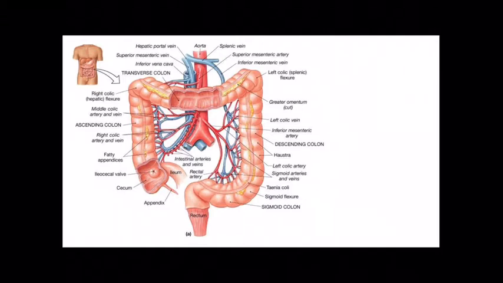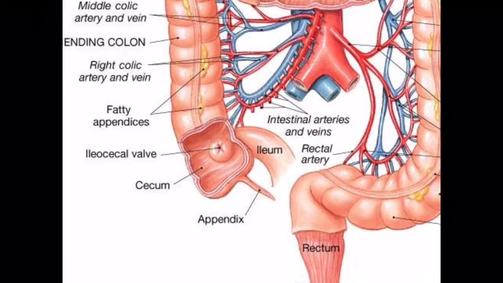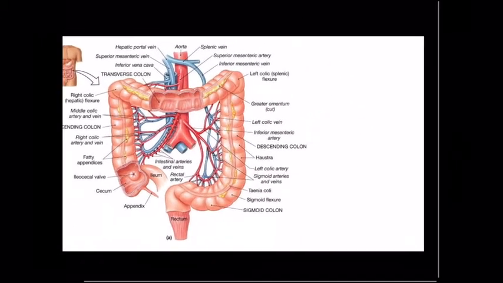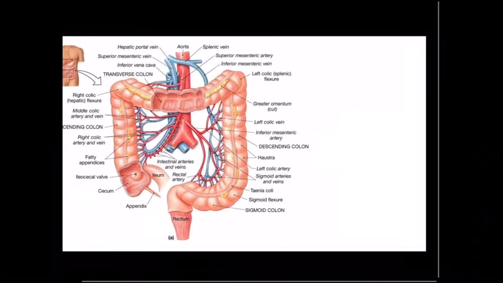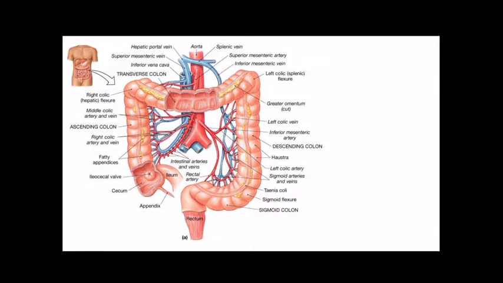So it starts here at the ileocecal valve. The ileocecal valve is the valve or the sphincter between the ileum and the cecum. So the cecum is the first part of the large intestine. The cecum has some ability to distend, to fill, because when chyme comes from the ileum into the